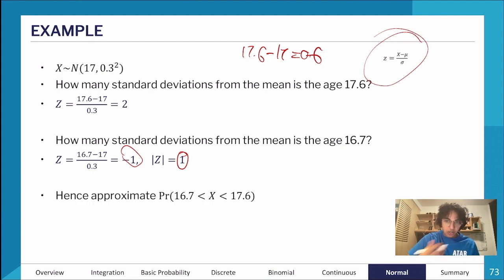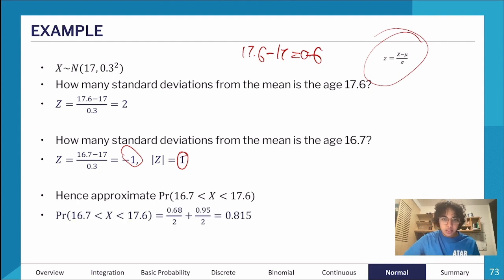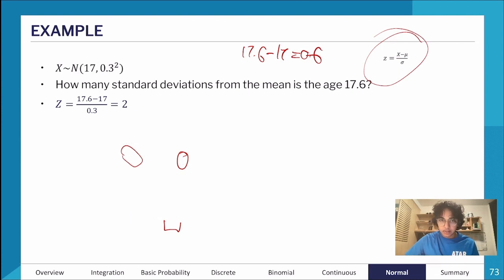And now they want us to approximate the probability that the age is 16.7 to 17.6. So how do we do that? First, I'm going to work out this, and that tells me the probability that it's one standard deviation below, right? So if I go back to,